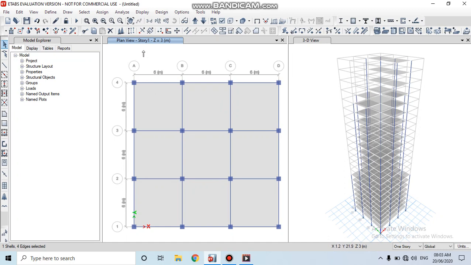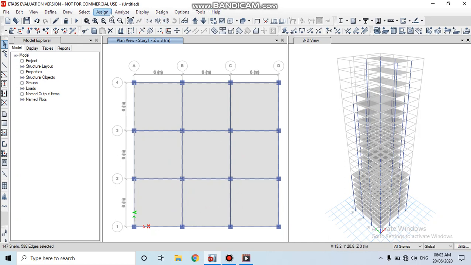Here we can see the plan story is set to story 1. Then see that the set all stories option, because the dead loads are the same in all the stories. Select the shells one by one. We can see here the shells are going to be selected.